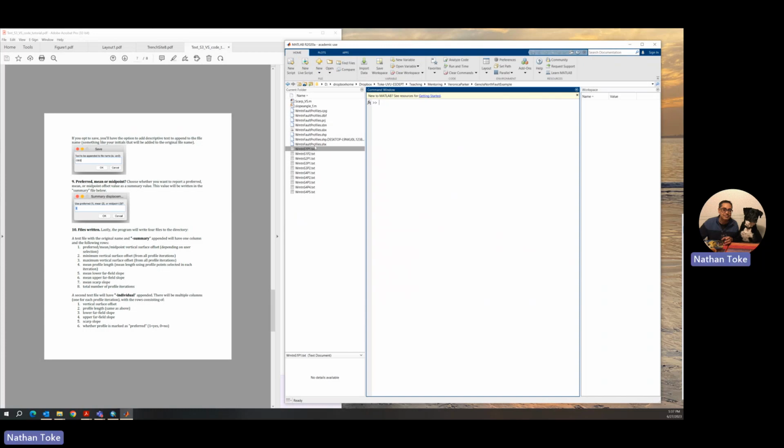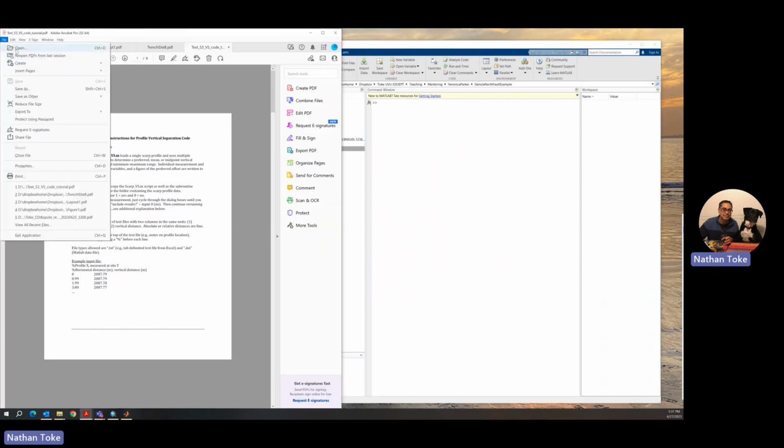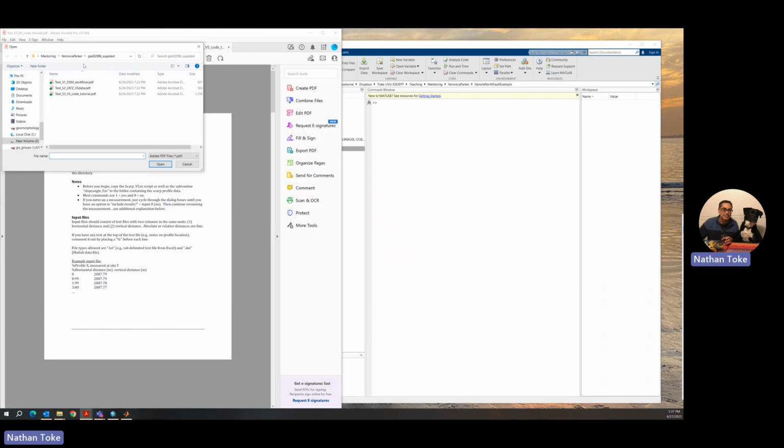We're not going to read our shape file, but you can see it through this lens. And yeah, so this tutorial, supplemental text instruction for profile vertical separation code, is quite helpful. Make sure you have that handy as you're doing the work. And so just a reminder, all of this is, let's see if I have,